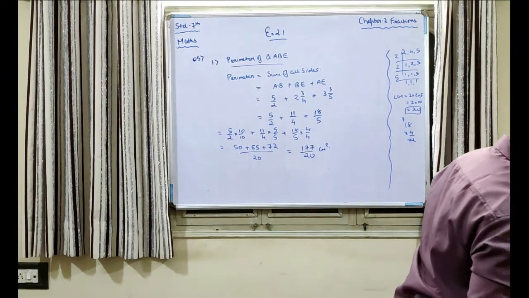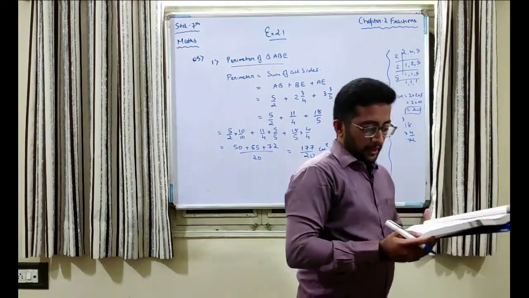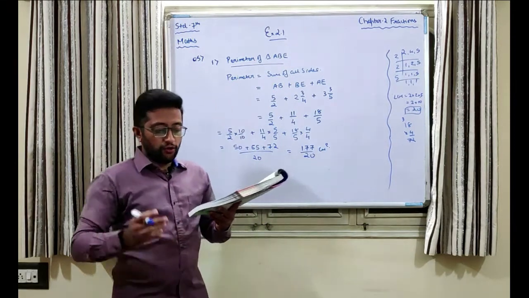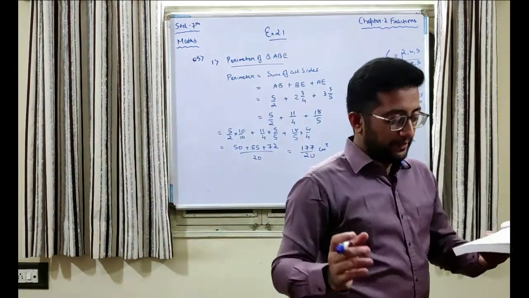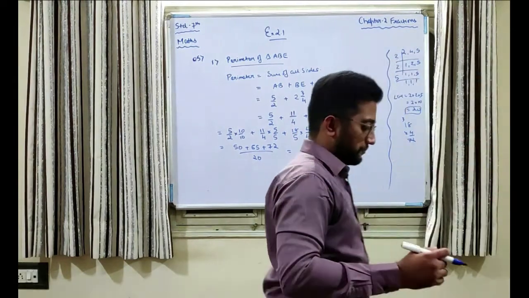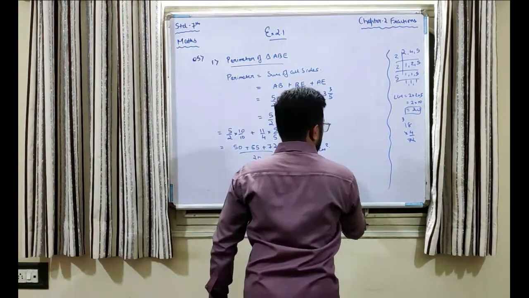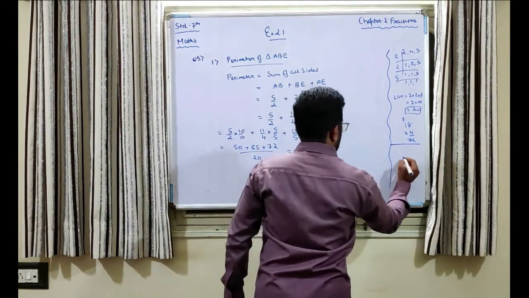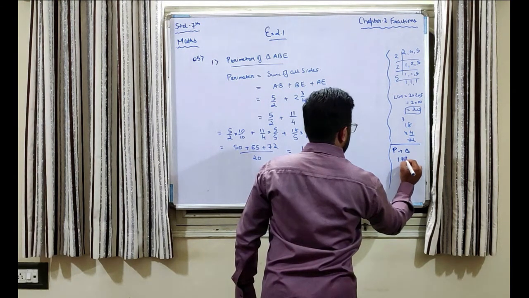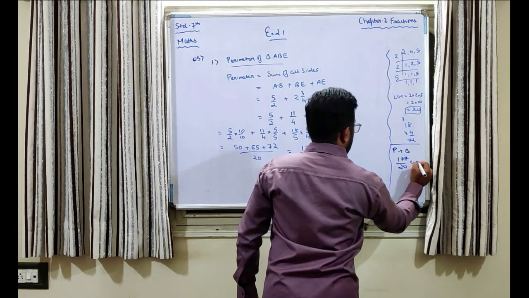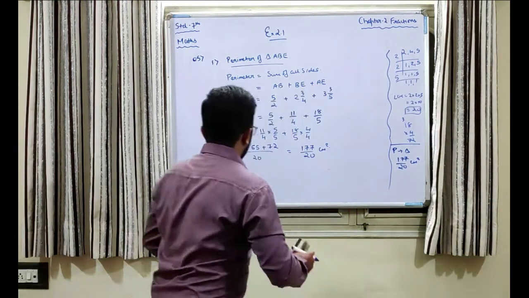So perimeter of rectangle can be found by, here length is BE and your breadth is BC and your length is ED. So let us indicate the same. Hope you have done this. So let us indicate this number for the purpose of our future reference, that is perimeter of triangle is 177 upon 20. Now let us calculate perimeter of rectangle.